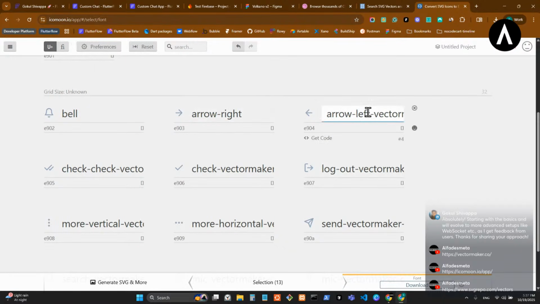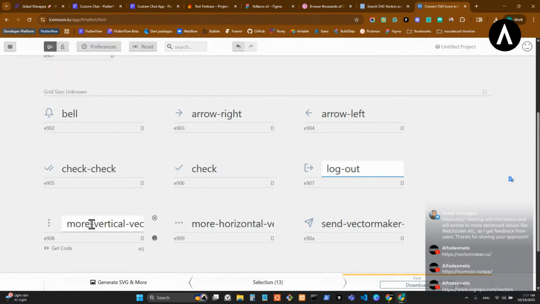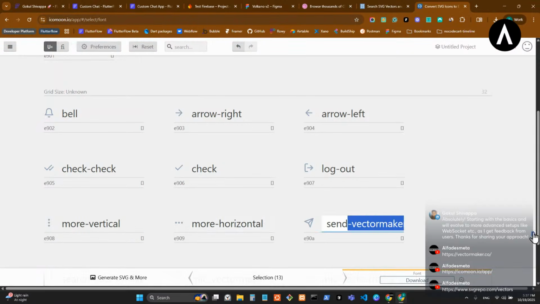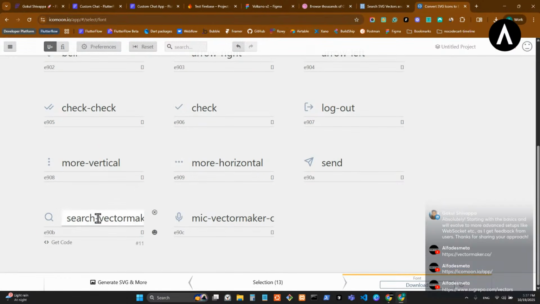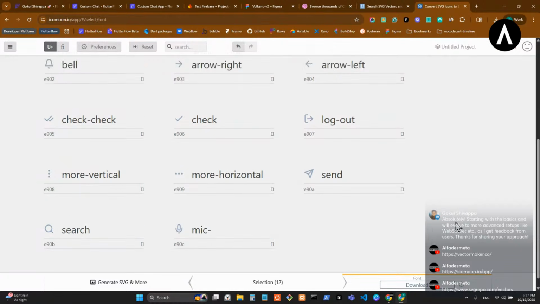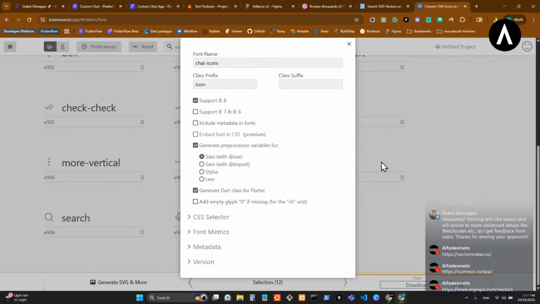It's easier for search in FlutterFlow, if you have too many icons. So as I said, make sure you enable this dot class for Flutter, and you can name it however you want,